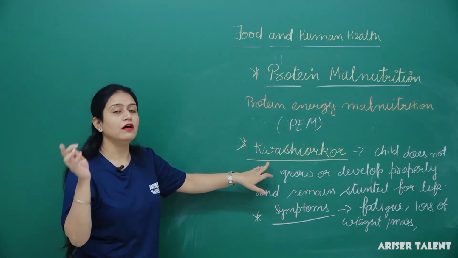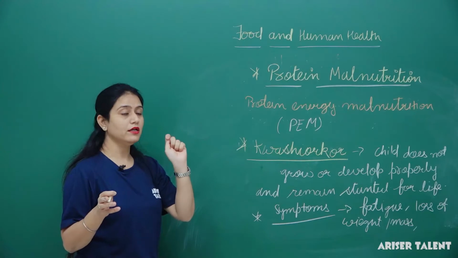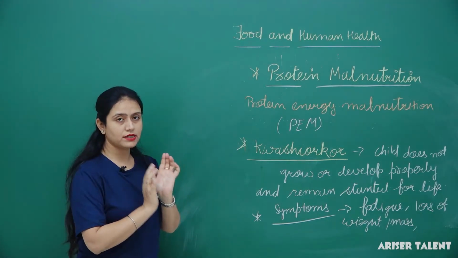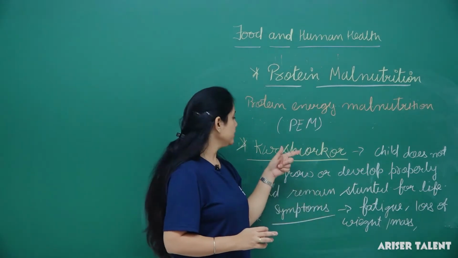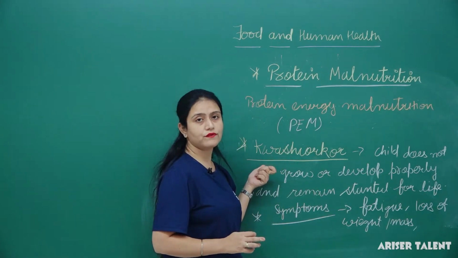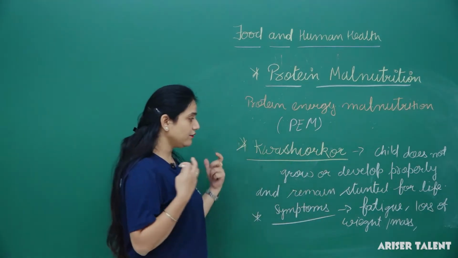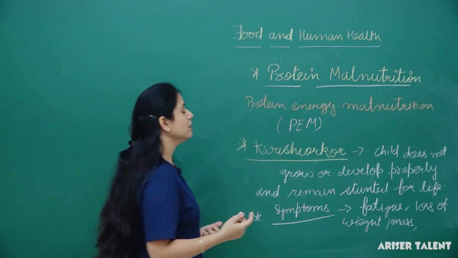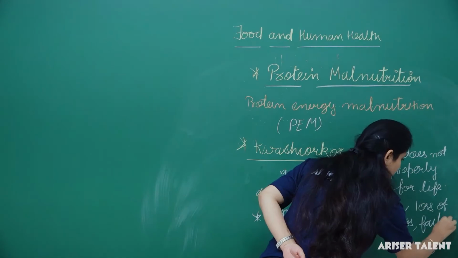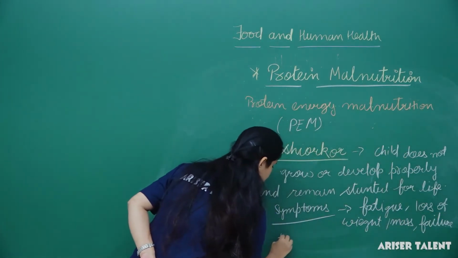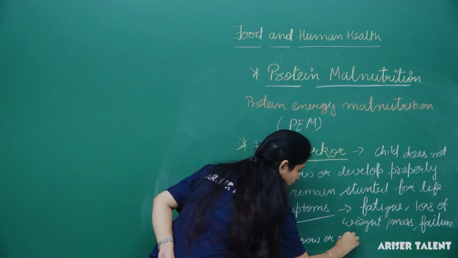Kwashiorkor is caused by the lack of protein in the food. When the child does not take a diet which is rich in protein, then the child does not grow or develop properly. This disease is known as kwashiorkor, and the child remains stunted for life. What are the symptoms? He feels fatigue, loss of weight or mass. Besides it failure to grow or gain weight,